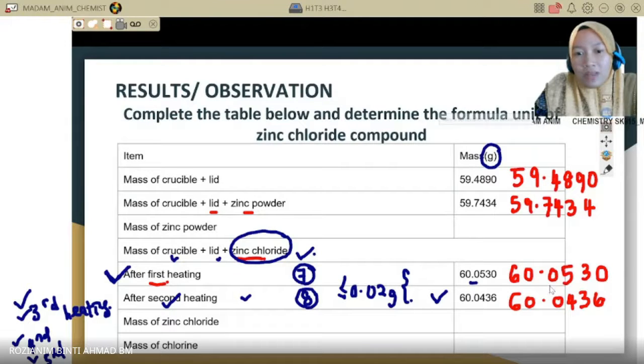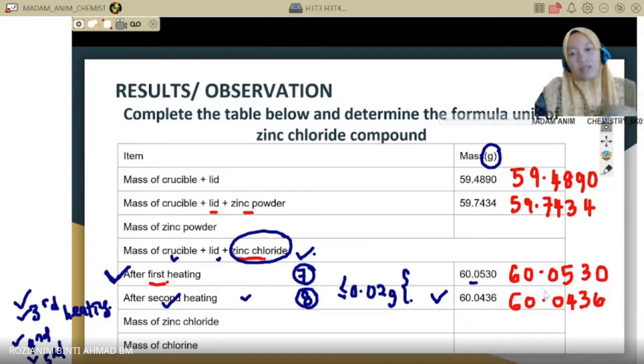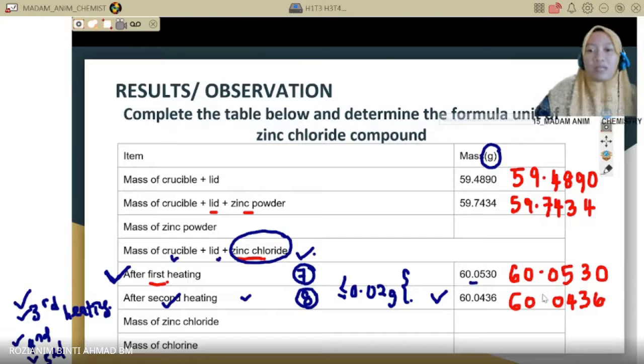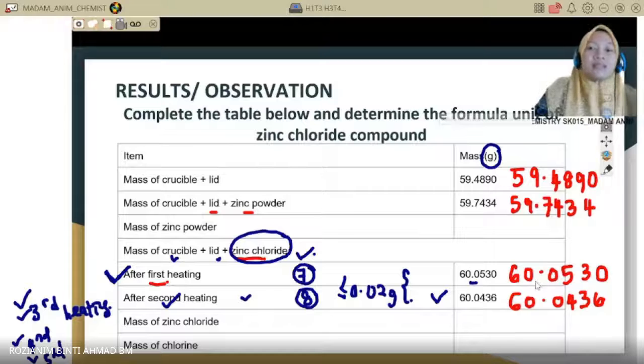Okay, madam. Lebih besar atau lebih kecil? Okay, try. Saya nak tahu. Kalau lebih kita kena proceed lagi heating. Kecil ke besar? Kecil. Yes, kecil. So, itulah target eksperimen when you hands-on during in lab. Okay, so when we check the two differences data, this is smaller than 0.02, no need to the third